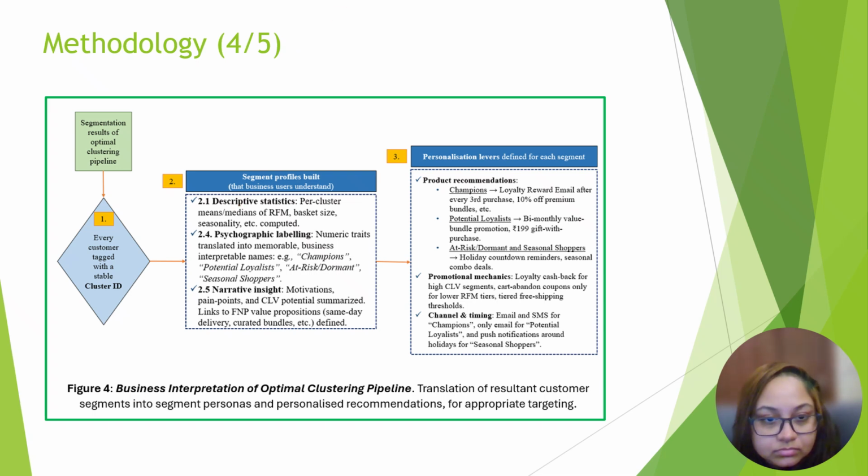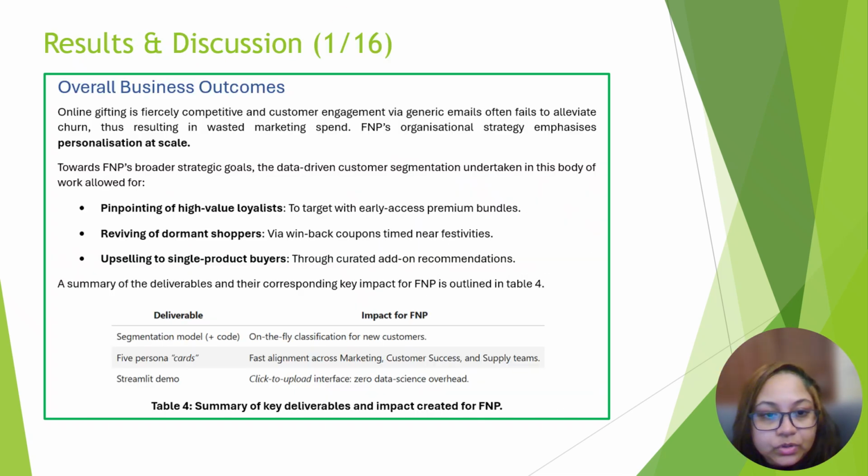Next, moving on to the results and discussion. The overall business outcomes achieved by this project included personalization at scale. Online gifting is fiercely competitive, and customer engagement via generic emails often fails to alleviate churn. This results in a lot of wasted marketing spend, and since FNP's organizational strategy emphasizes personalization at scale,